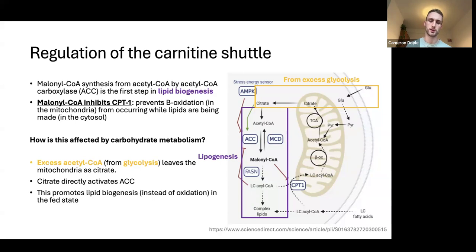So how is this affected by carbohydrate metabolism? Excess acetyl-CoA, which is produced from glycolysis, will leave the mitochondria as citrate. The point of this is that it will then activate the enzyme acetyl-CoA carboxylase, which will increase lipid biogenesis. This is why, if you eat lots and lots of high carbohydrate food and you don't do any exercise, you will probably put on fat, because it will store that,